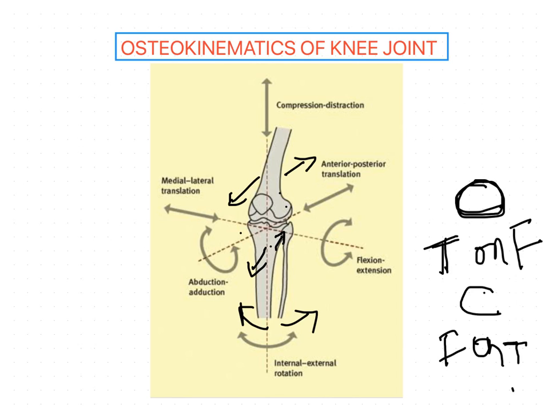Because the tibia is fixed on the ground with the foot, so the femur will move on the tibia. It also causes some anterior and posterior femoral translations. Such kinds of movements take place